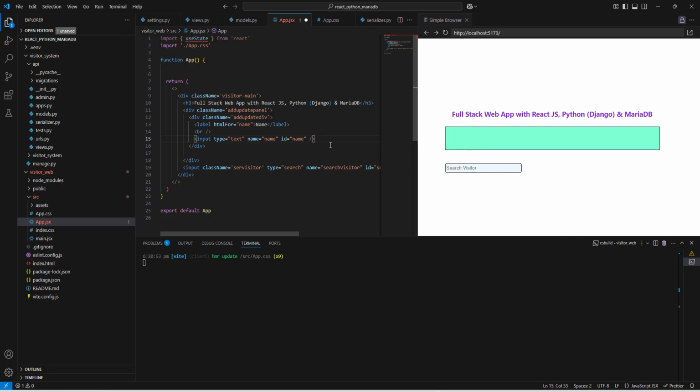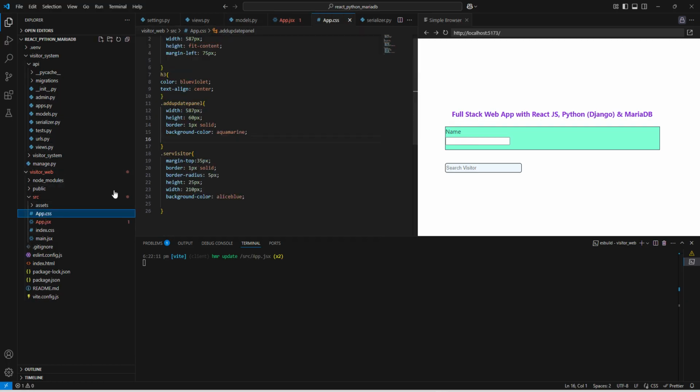No need to add the placeholder, this much is enough. And here we can add some class name like add update div in, it's for input, and we can save it. Now let us add some small CSS for this. Now here we can add,